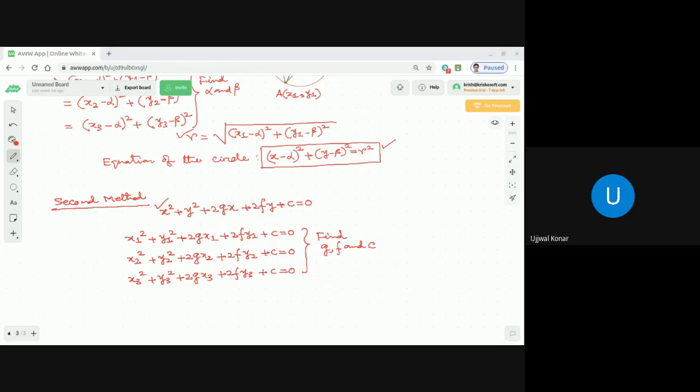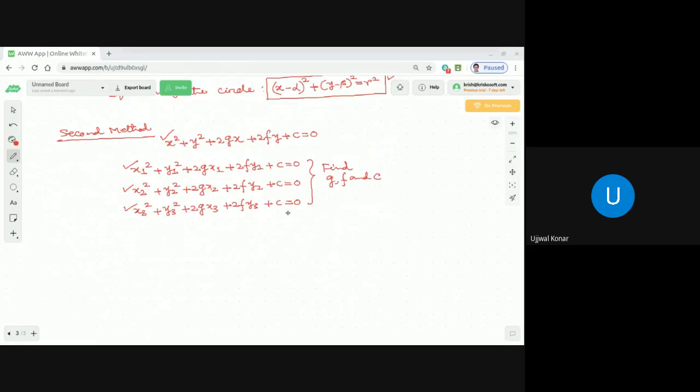But the best way of eliminating G, F, and C from these equations, starting from the general equation of the circle that we assumed and these three equations, is something like this. So the determinant is x square plus y square,